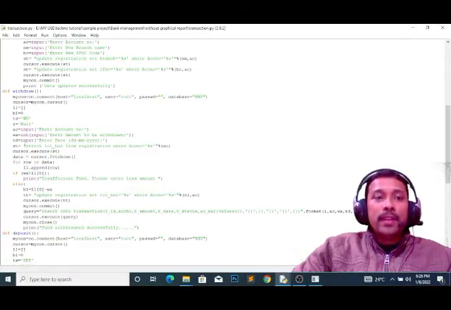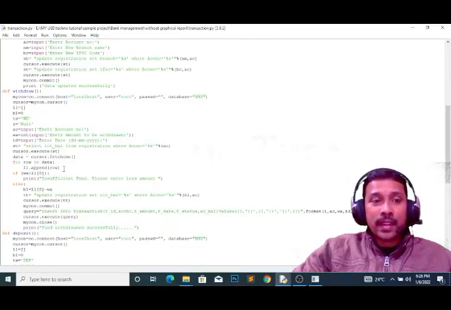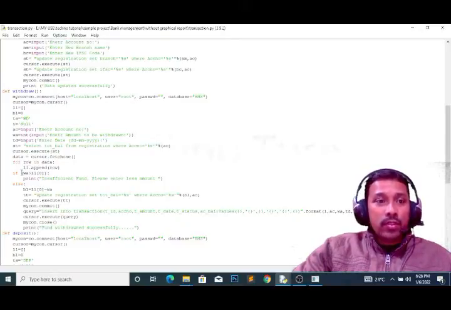L1 was the empty list we have taken here, and into this list we have stored with L1.append(row). That means it will read the value as a tuple, 2200. It will read the data type as a tuple, and it will store it. In the row it is there as a tuple, so the value that is there, we are appending into the list.